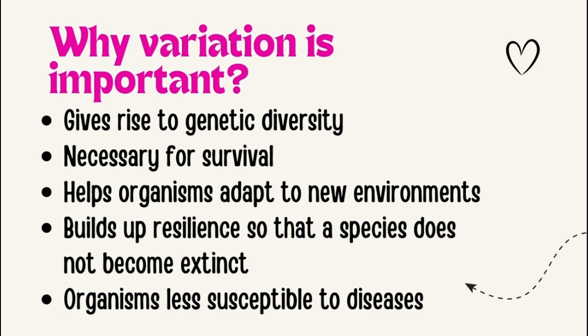And variation is extremely important. Why? Because it leads to genetic diversity, right? It's necessary for survival of any living organism, and it helps organisms to adapt to new environments. It builds up resilience so that a species does not become extinct, and it also makes organisms less susceptible